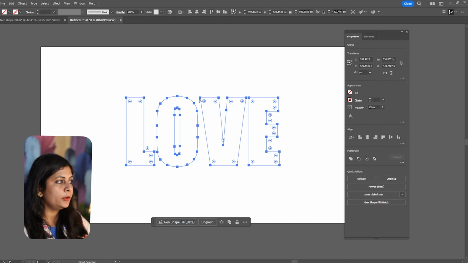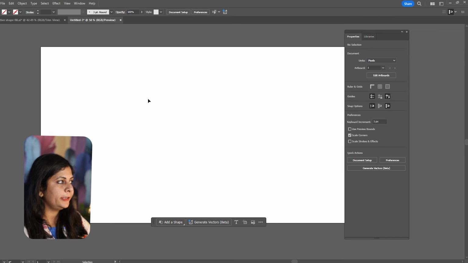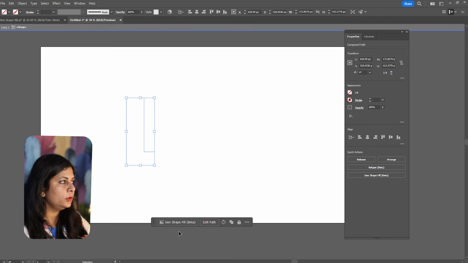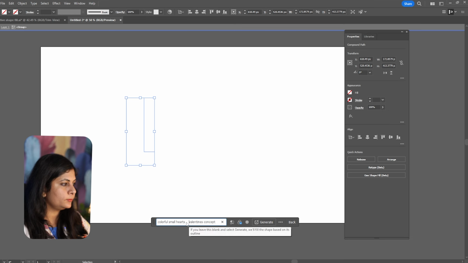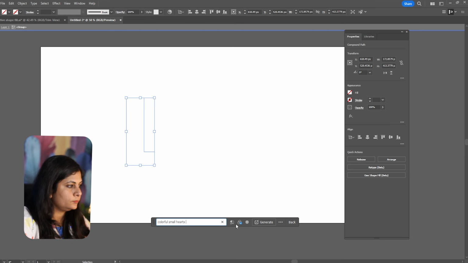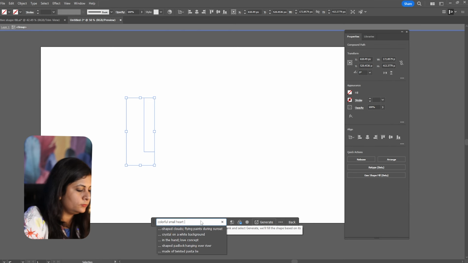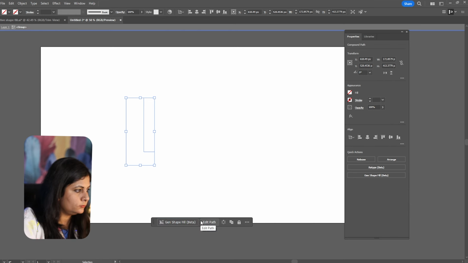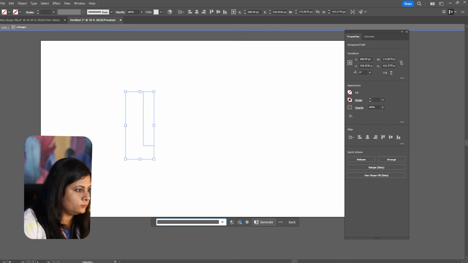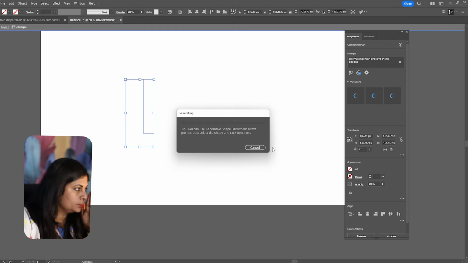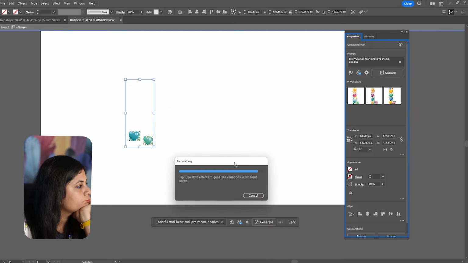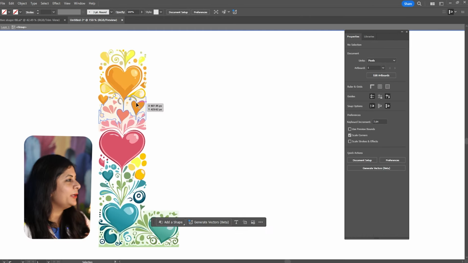So I think the trick here would be not to use all the letters in one go, but rather use one letter at a time. Wow, look at it.